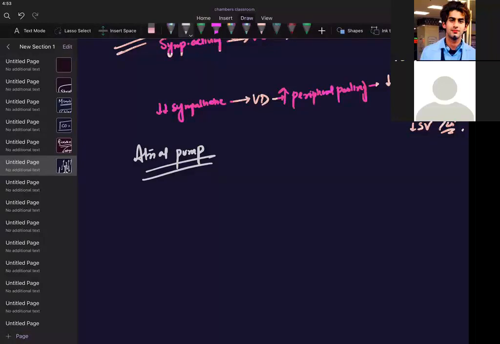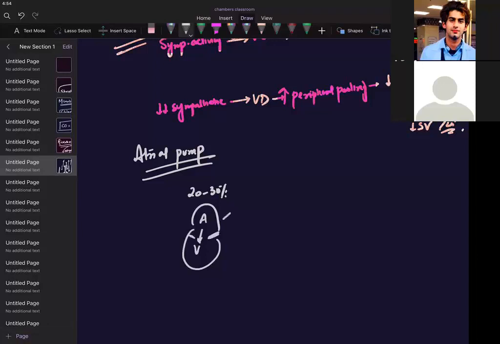Approximately 15 to 30%, various books have that, but you should know that some amount of filling is done by this atrial pump activity. So the atrial pump is filling the ventricles at rest because of contraction of the atria. Whenever this 20% or 30% amount of blood is being filled from the atria into the ventricle,